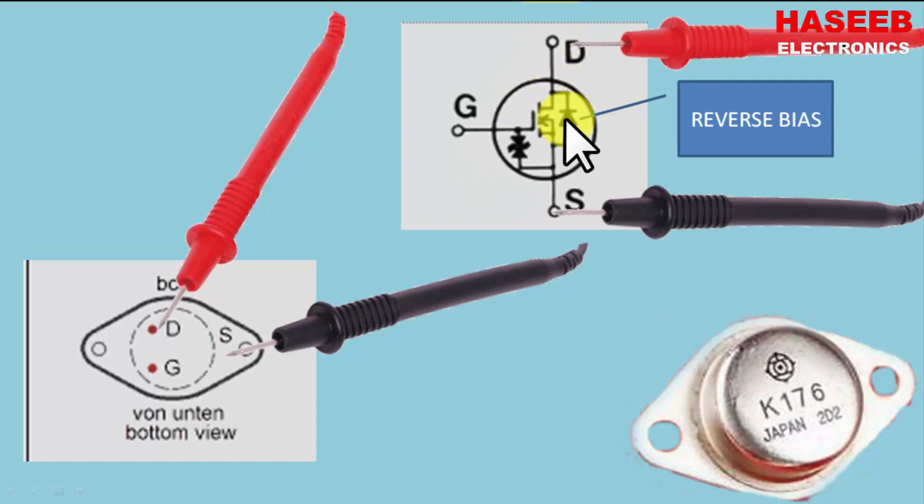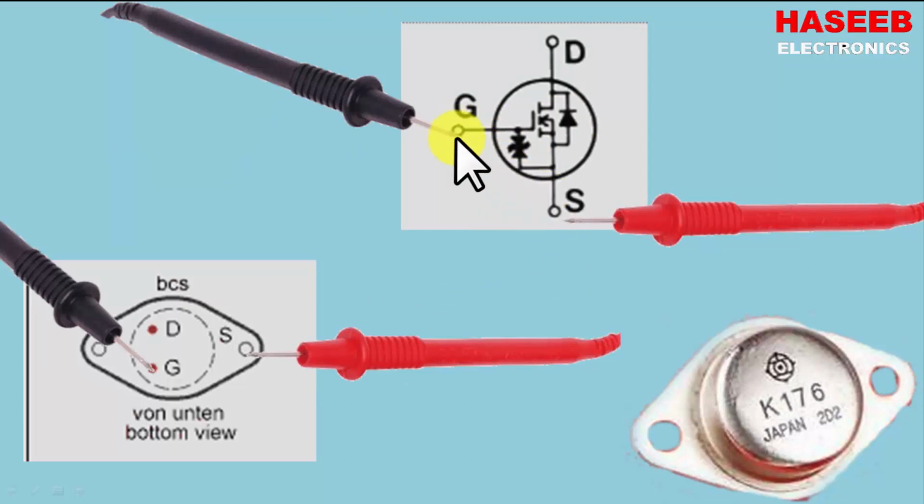And if we find continuity in this reverse bias condition, that means this diode is short circuited, or it might be that the source to drain channel is short circuited. So in both conditions we are testing the diode, we are not testing the MOSFET, just for short circuit, because this source to drain channel is, most of the time, short circuited. If it is open, it will not work properly. If it is short circuit, it will not switch properly.